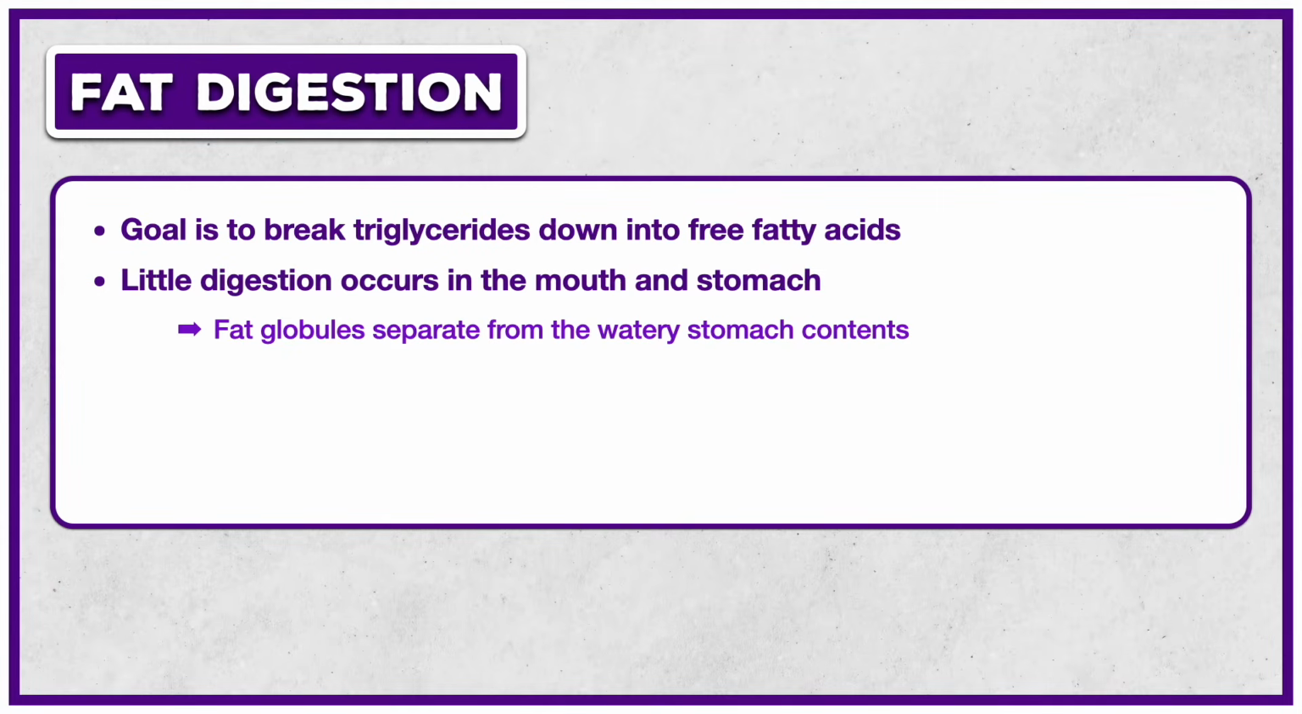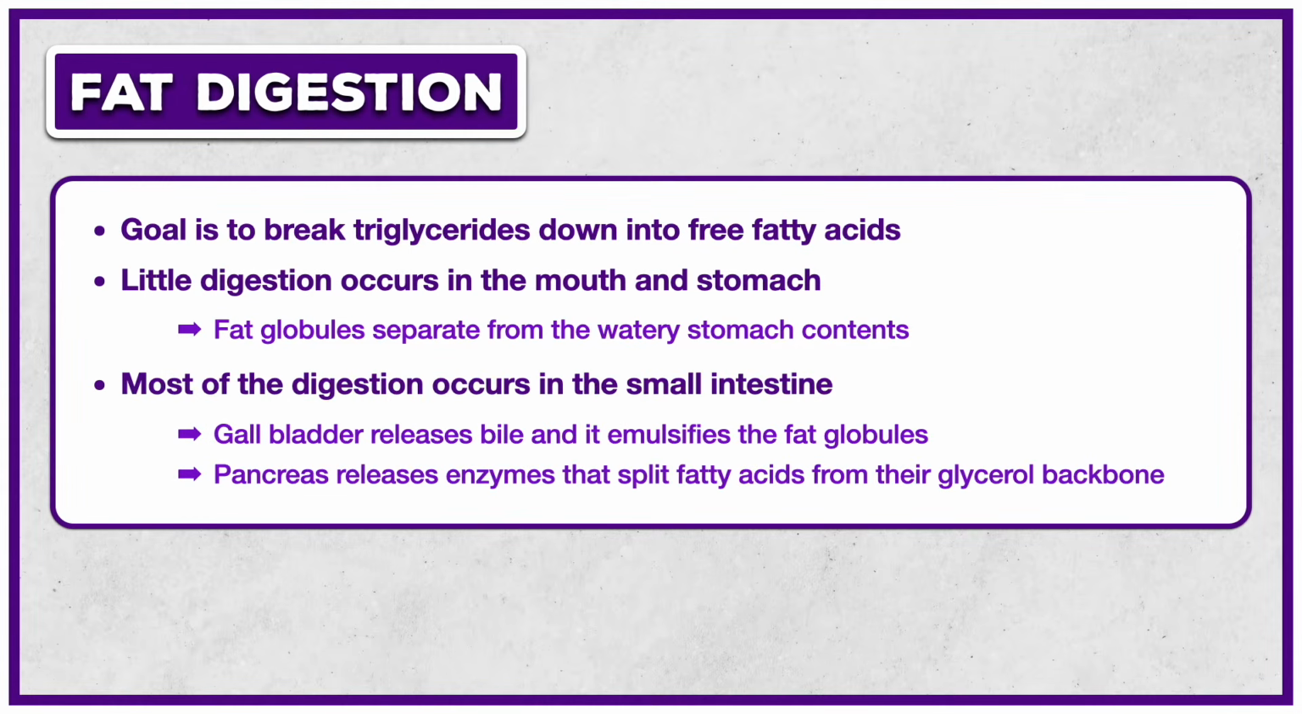When we eat fat, little digestion occurs in the mouth and stomach, and fat globules separate from the watery stomach contents. Most of the digestion occurs in the small intestine. The gallbladder releases bile and it emulsifies the fat globules, and the pancreas releases enzymes that split fatty acids from